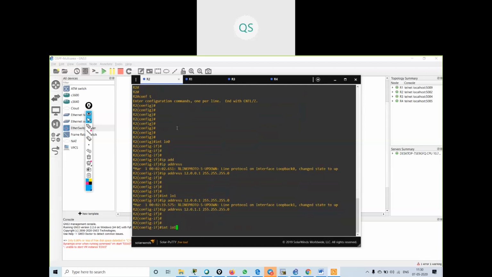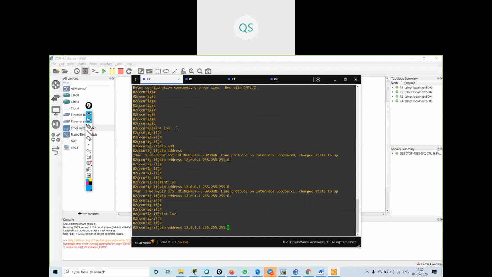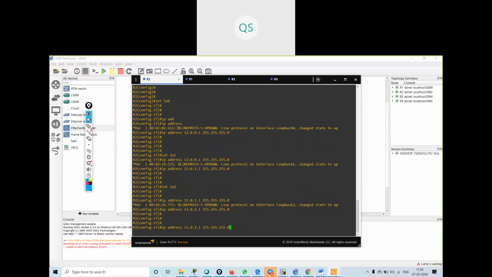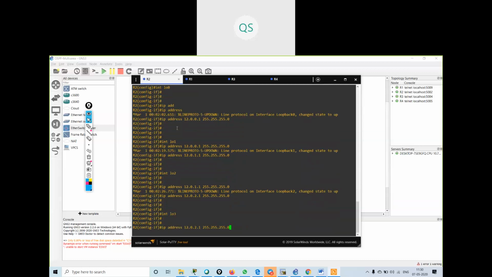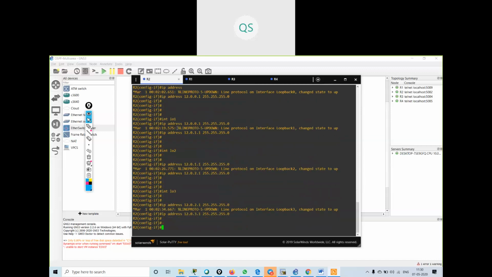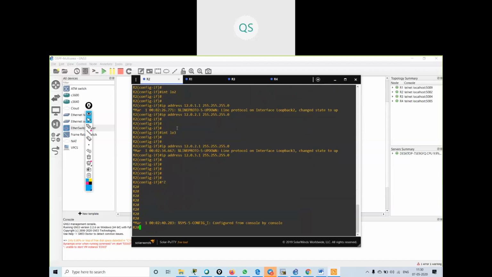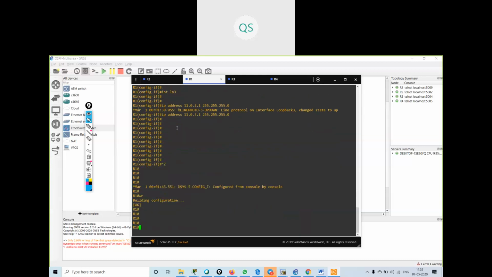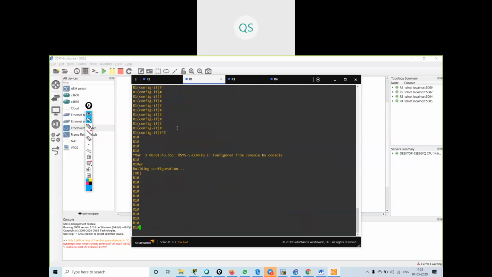Interface loopback 2, IP address 2.1. Interface loopback 3, IP address 3.1. Okay, now I've configured all the loopback addresses on all the routers. Now basic configuration is done.